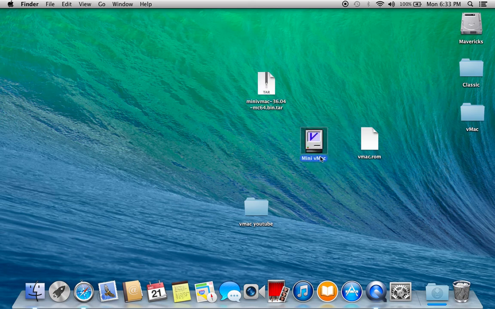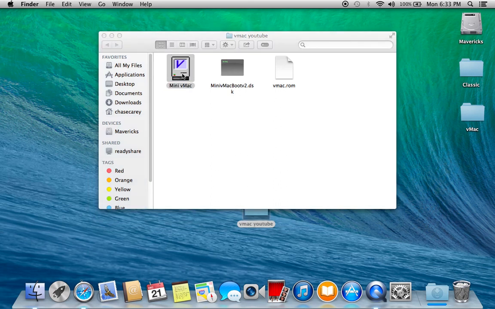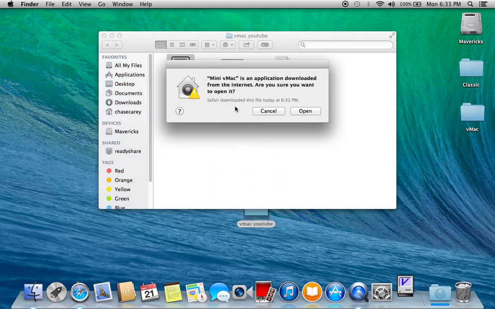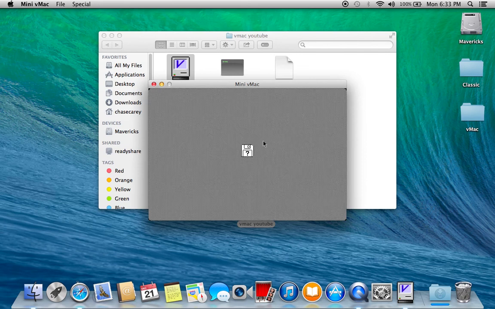Then you're going to have the Mini vMac app. Just move that there. And then move the ROM into the folder. You should have all of these. So you're going to want to launch Mini vMac. This is going to pop up. Just press on OK. You're going to hear the startup chime on the Mac, but then you're going to have